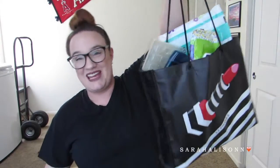Here I am with my September and October empties. Some of these things were used in September. Some of them were used up this month. Going through, I should kind of remember when about I used them up, but if not, it obviously just got used up. So I do have a bunch of regular empties, and then I do have some declutter things, and I also have some things from my husband and home stuff. So